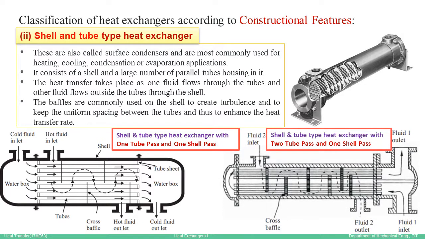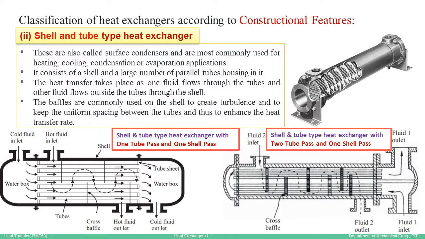But we can have two tube pass and one shell pass also, wherein the fluid which is flowing through the shell takes only one pass from the left end to the right end, as you can see from the sketch, whereas the fluid which is flowing through the tubes can take a U-turn here in this case, that is a second turn. You can see the right bottommost point is the fluid inlet temperature inlet, and from that the fluid is flowing through